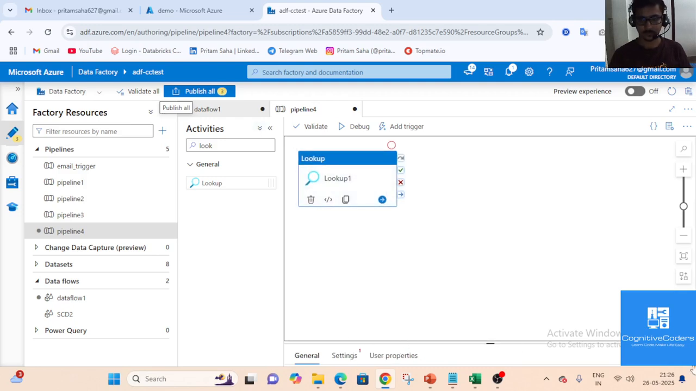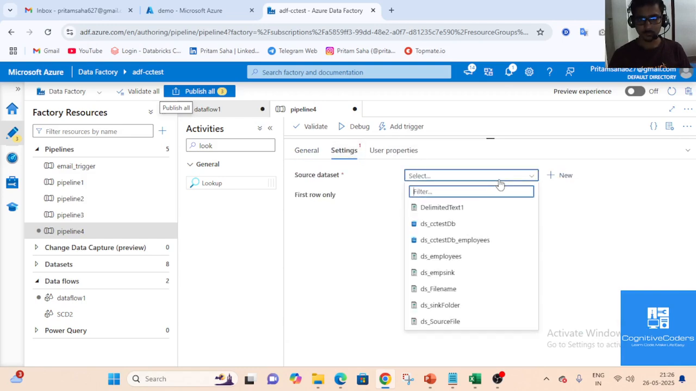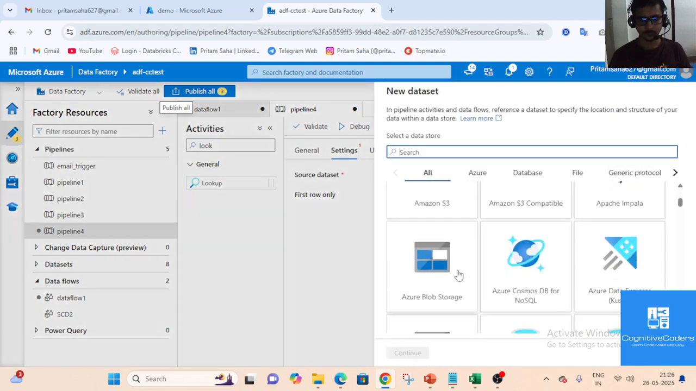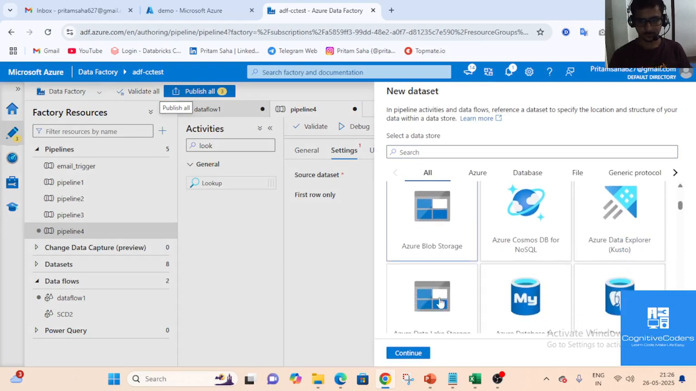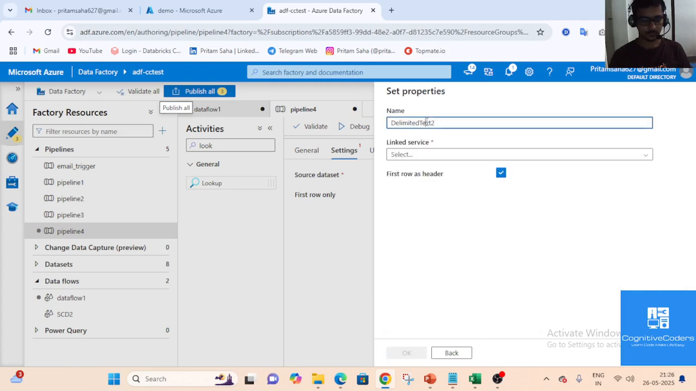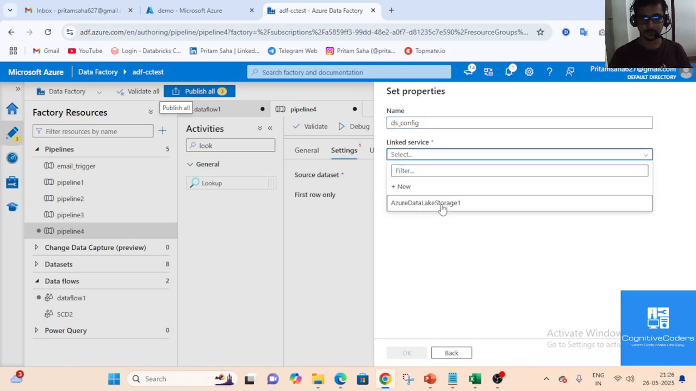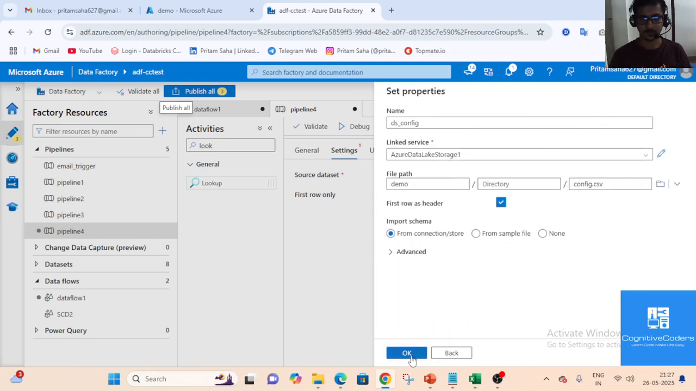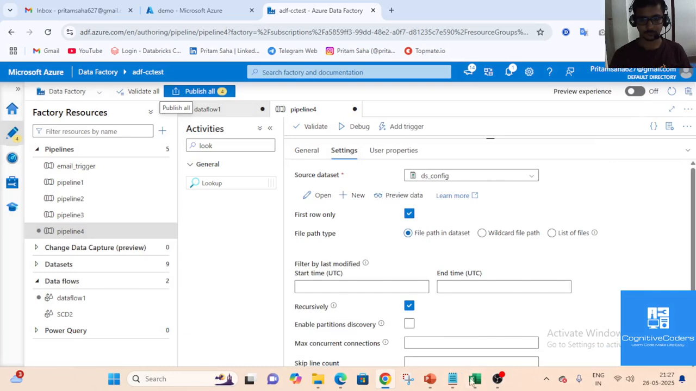Let's create the dataset for connecting the config file. Text delimited, ds config. Let's go. Data store, data lake, and from here we'll select the config file. Now, okay. If I run this,